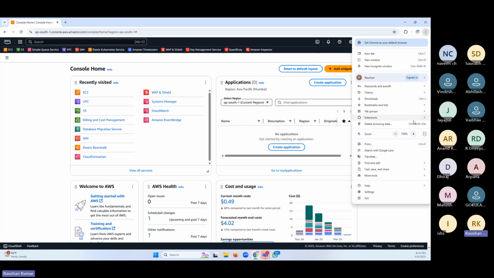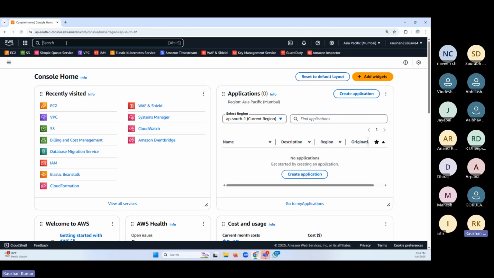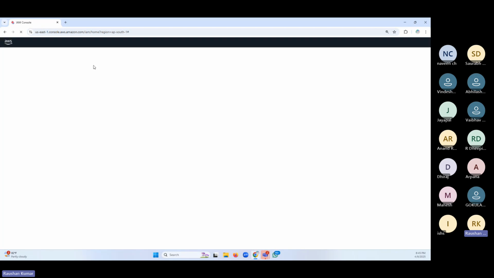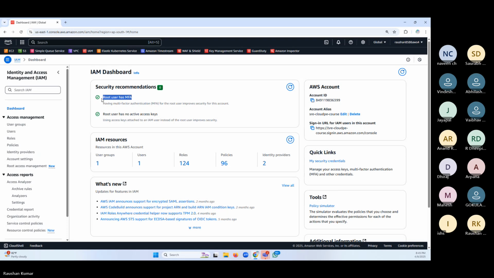So how to set up MFA, friends? You have this question. Have you guys, like the 4 of you who have the account, been asked to provide your MFA details? Please confirm here. Sir, not yet. I have skipped that. Okay, you have skipped that for now, right? Yes. Okay, I will talk about that. For that, you need to go to IAM, and you would see security recommendations notified here. They will be telling you to set up MFA.